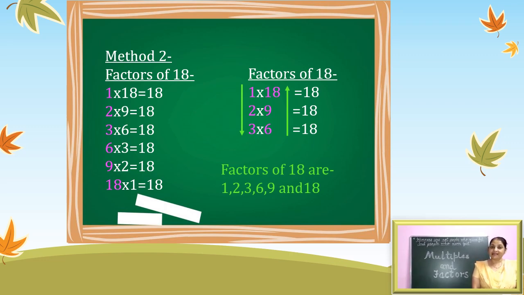The remaining steps are again repeated, as we have already learned the order property. You know that similar numbers are repeated in a different order. So we can skip, because in the first 3 steps only we have got all the factors of 18. Remember children, a number has limited number of factors.